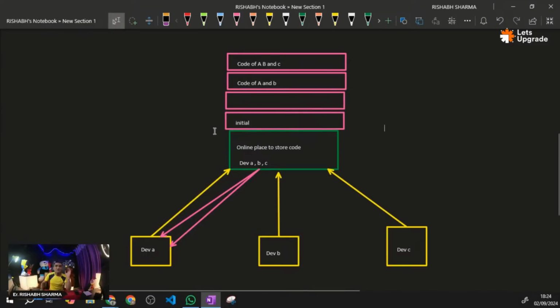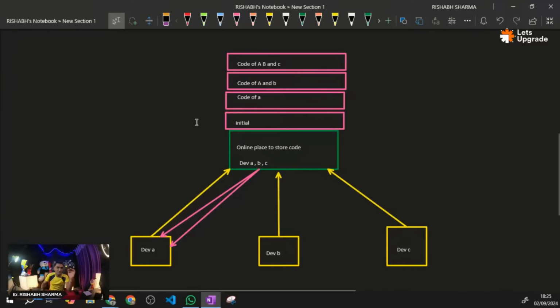So now suppose, where did this go? Okay, so now what is happening? See, this was my initial code, and then developer A has pushed some code, then developer B has pushed some code, and then developer C has pushed some code, right?